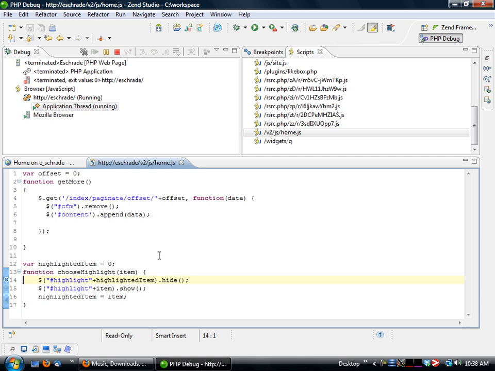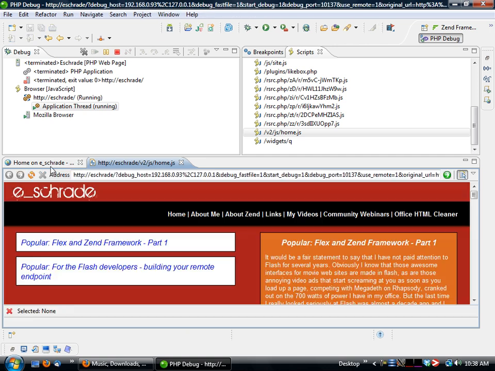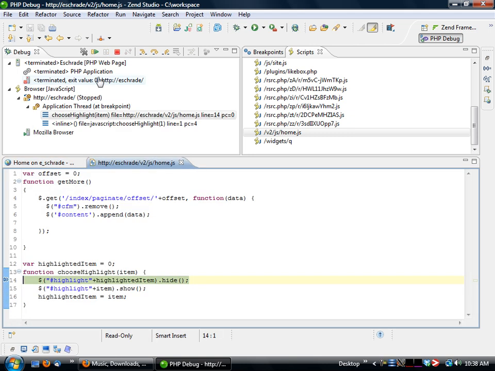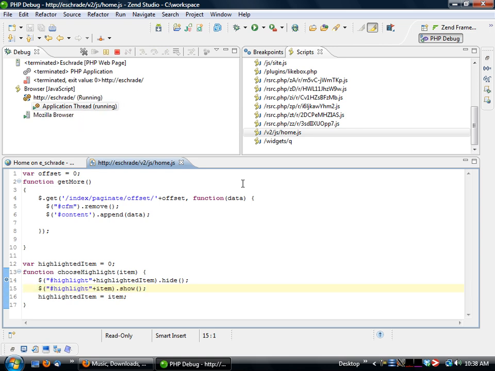and that sets the breakpoint. And if I want to test this, what I can now do is I click on this button over here, which will enable or disable the click handling mechanism. And I'll show you why that is in just a moment, why you'd want to be able to do that. So I'll disable it, and I will click on this right here, and it will automatically now start to do a debug, and I can use the same debug keys I do in PHP, F5, F6, F7, F8, all of them work. Hit F6 to step over, hit F8 to continue,